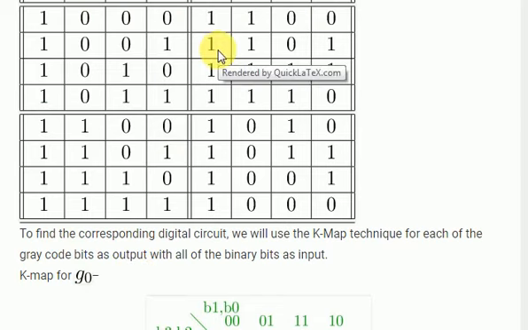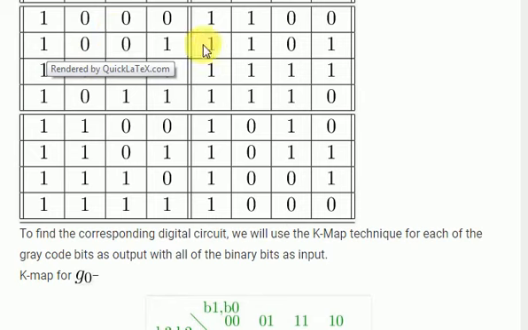1 will be placed as it is, and the exclusive OR of 1 with 0, the answer is 1, placed here. Then 0 0, the answer is 0, placed here, and 0 1, the answer is placed here. Next combination is 1 0 1 1. 1 is placed as it is, 1 0 answer is 1, 0 1 answer is 1, and 1 0 the answer is again 1.